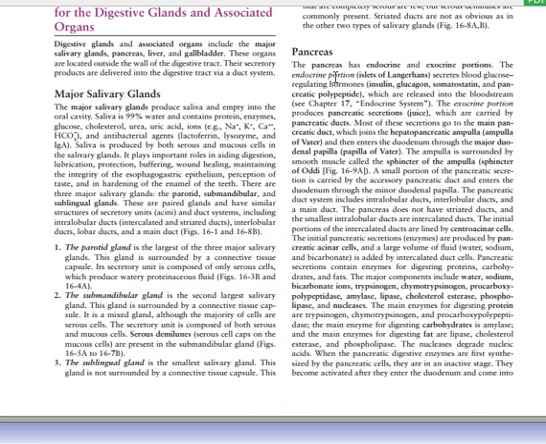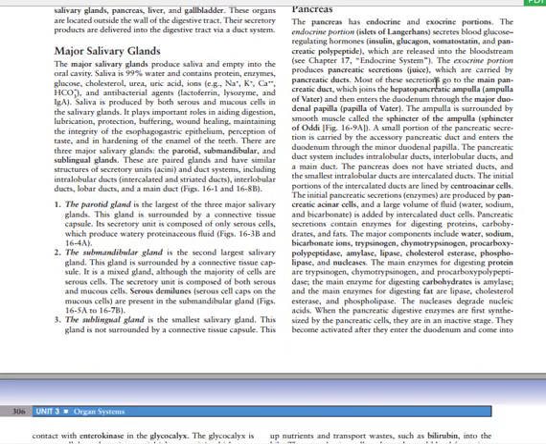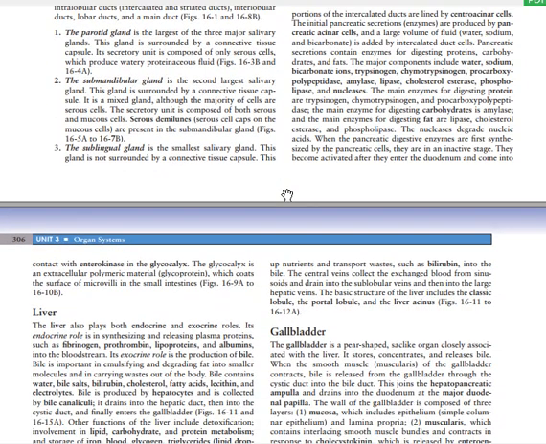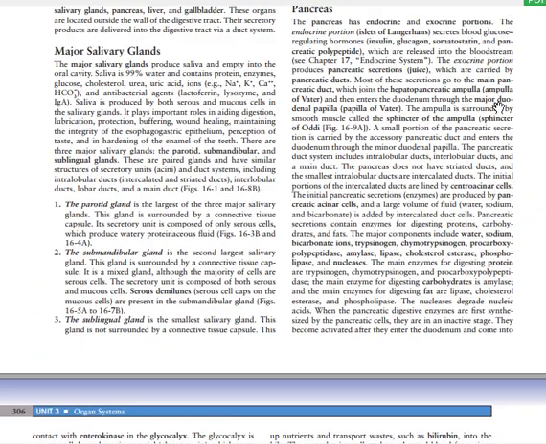Now for the pancreas, you need to know that the pancreas has two main portions: an endocrine portion and an exocrine portion. The exocrine pancreas secretes pancreatic juice and is connected to the bile duct to form the common bile duct, which is connected to the ampulla of Vater, at the level of the sphincter